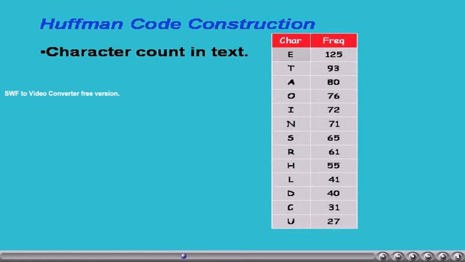You may find that the frequency of E is the highest, so for that we are supposed to get the smallest code length. Whereas for U, the frequency is less, so for that we should get the largest code. Let us see how the Huffman tree is formed and how it is used in coding the messages.